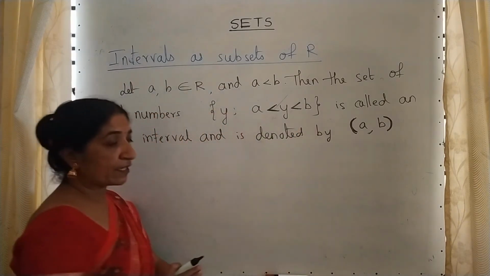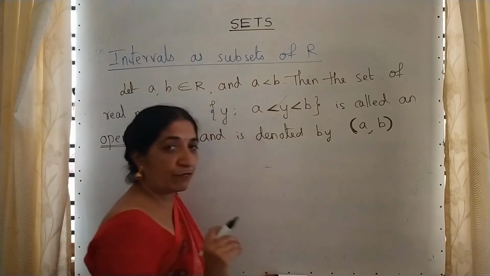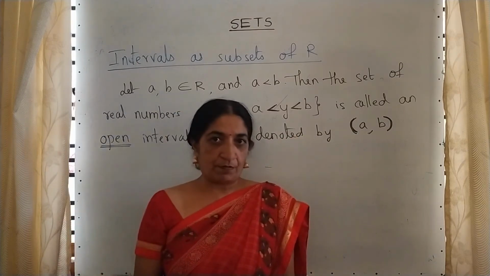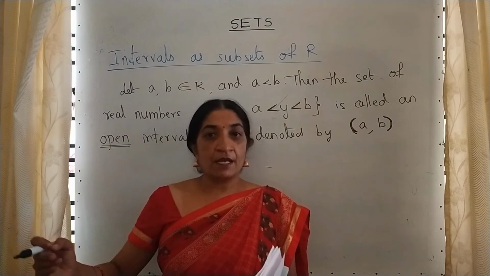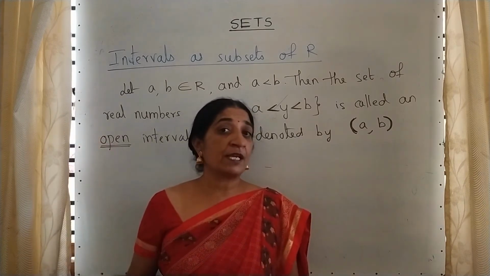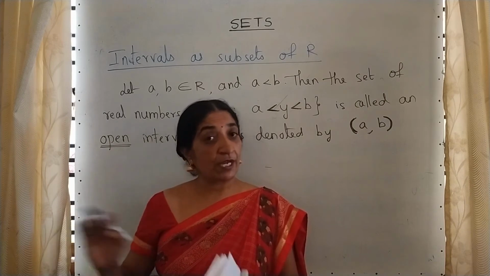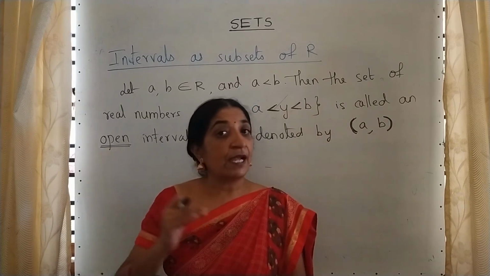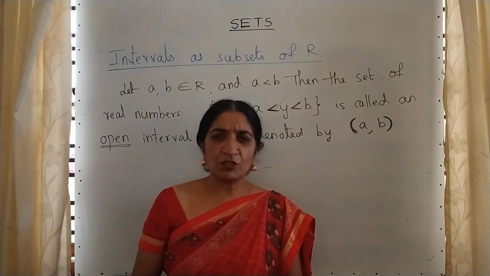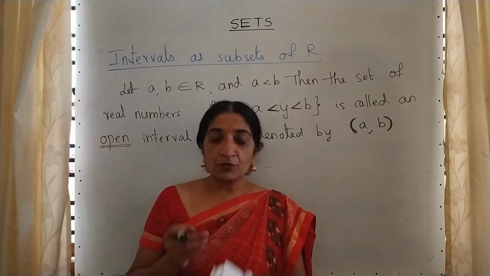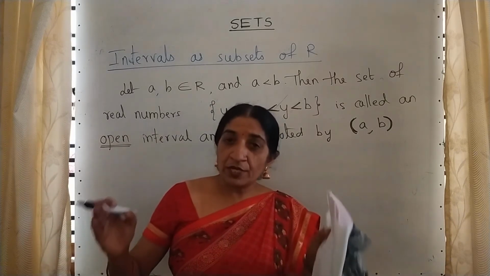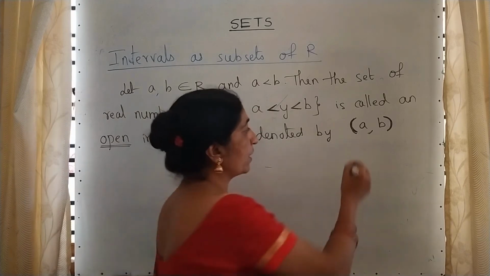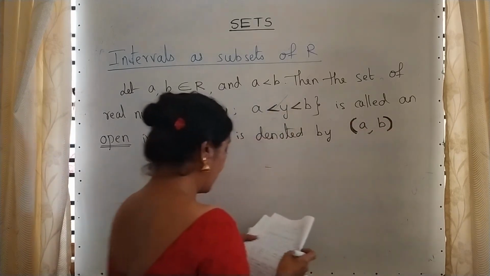That means what is an open interval, and always we have to move from left to right, from the smallest number to the biggest number. See, we have to take two numbers, for example 1 and 10. You have to write all the elements in between 1 and 10. It may be 1.1, 1.2, 9.9, like that, 9.99 also. But we are not taking 1 and 10. This much English you will understand, Kannada medium students, don't worry. So we are not taking the end points, only the in-between values. We are taking very close values but not the end values, and that we denote with the round bracket. This is called an open interval.